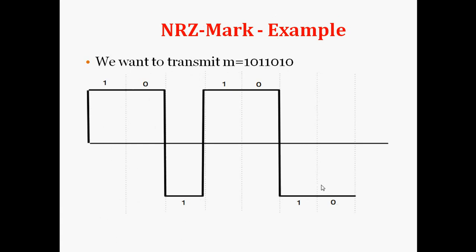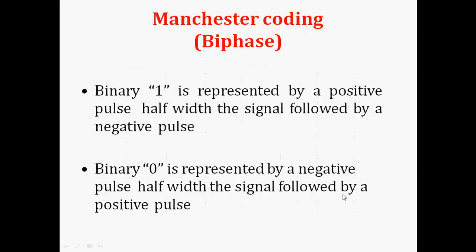As we transmit the signal 10111010, initially my signal is at low state. When we transmit 1, it will change the state from low state and come to the high state. 0 will represent no change in the level, and again 1 comes, which will show change in the level. From high state it will go to the low state. Again the second 1 comes, so the signal will change from low state and go to the high state. For 0 there is no change in the level, it remains at the same level. Once it changes from high state to the low state, there is no change.